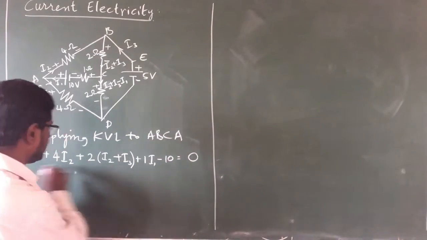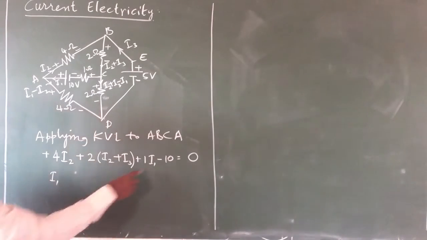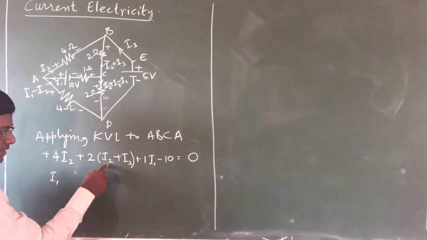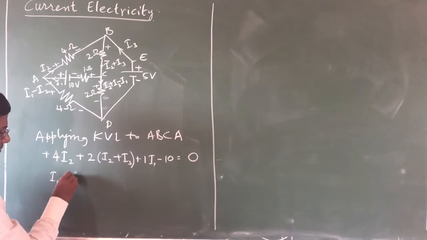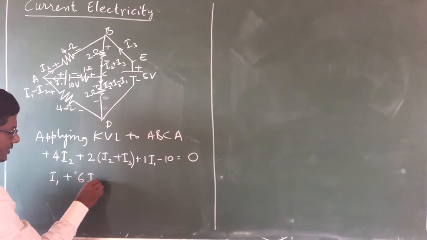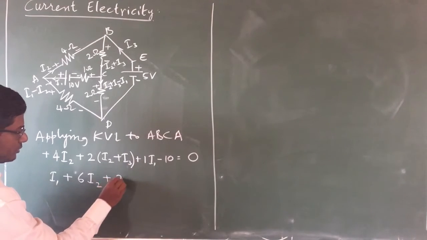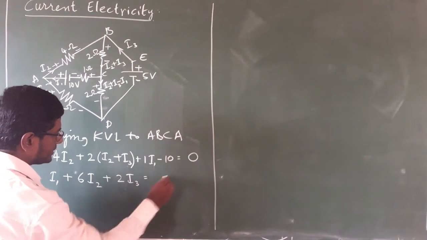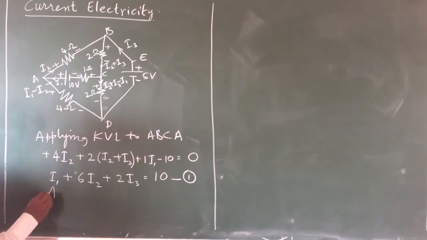Now, how many I1 terms are there? There is only one. So I will take it as I1. Then what next? How many I2 terms are there? There is a 4 times I2, there is a 2 times I2, both are with plus sign, so they will be added, so it will be plus 6 I2. How many I3 terms are there? There is only one, so it will be only 2 I3 equals, this 10 can be shifted to the right hand side, it becomes 10, so this was my equation number one. Now, similarly,